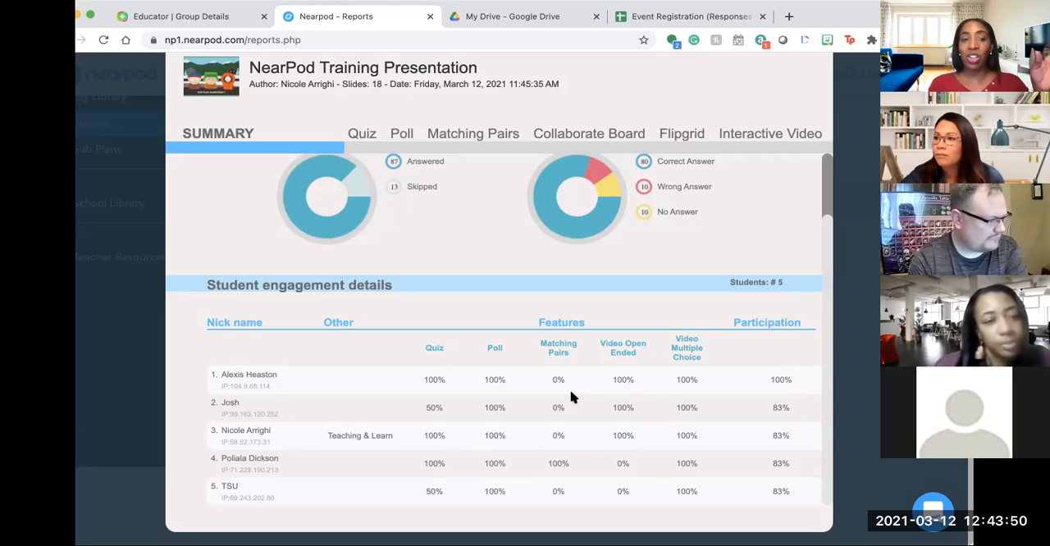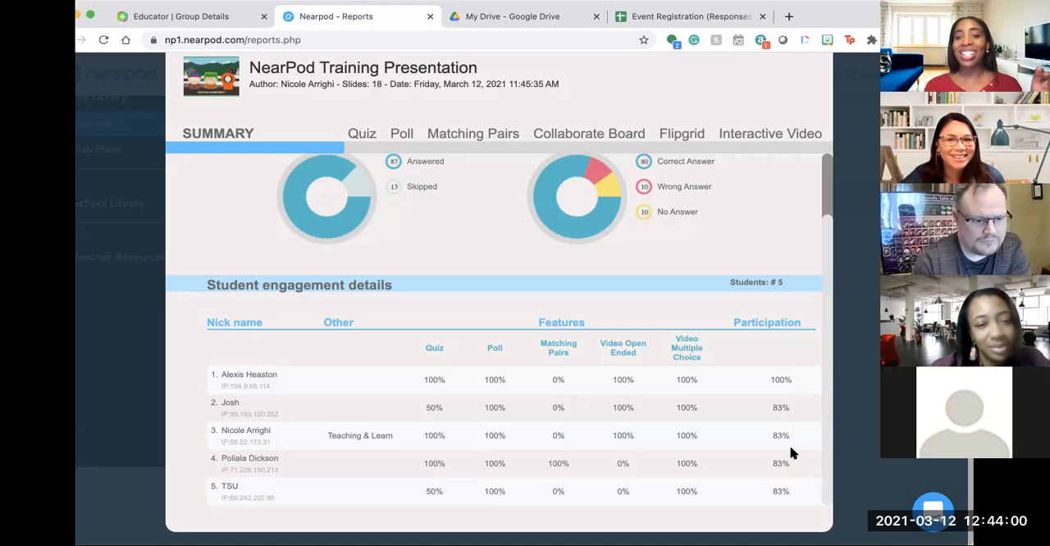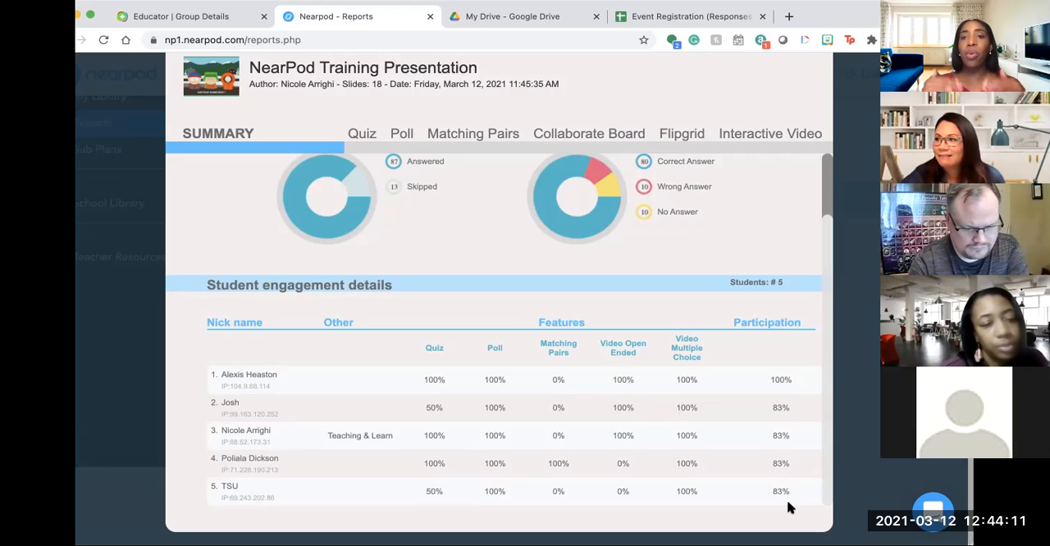So Alexis, while you may have struggled in that matching pair, you were with me the entire time. You hung in there and you stayed in there. But even me, I got 83% on them because I didn't do the matching pairs, but my percentage dropped down. So that's where you're having conversations. And it's not a true tool, but it does serve as a useful metric to say, hey, I want to